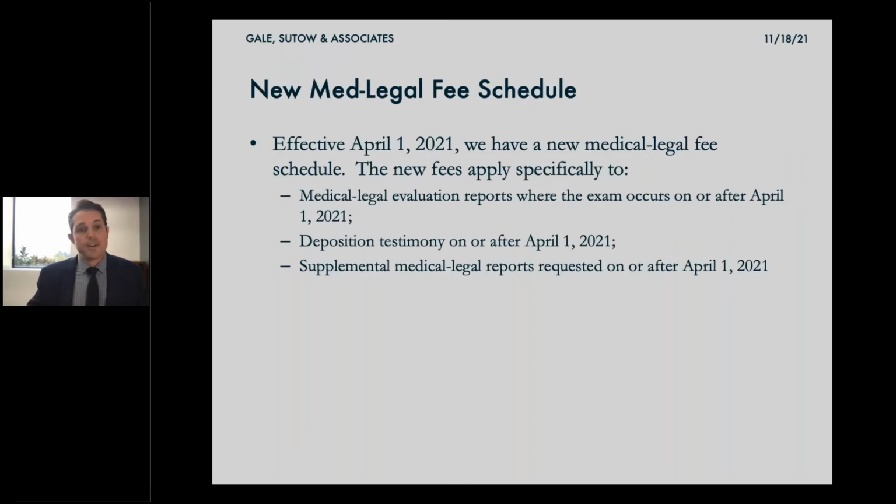All right, now we're going to shift gears a little bit, and I'm going to go through these next slides rather quickly, and you will have a copy of this, so a lot of these things you can just go back to for reference. Most people know by now that in April of 2021 there was a new fee schedule issued that obviously made things more expensive. It's never a new fee schedule that makes things less expensive. It's always more expensive.